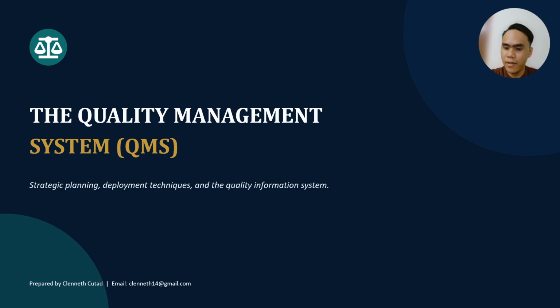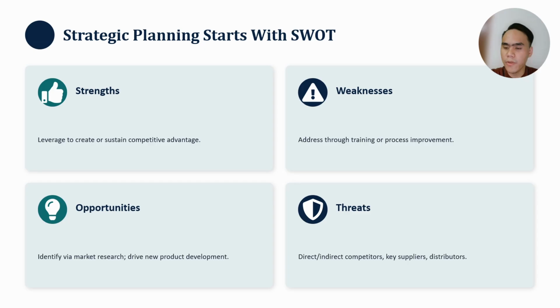This is a management and leadership heavy chapter, so expect less statistics and more organizational tools. But these are the tools a quality engineer actually uses day to day to get initiatives approved, funded, and executed. Strategic planning for quality begins the same way most strategic planning does,